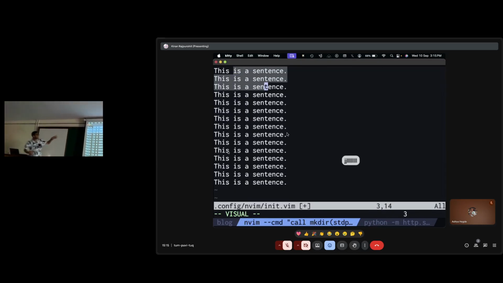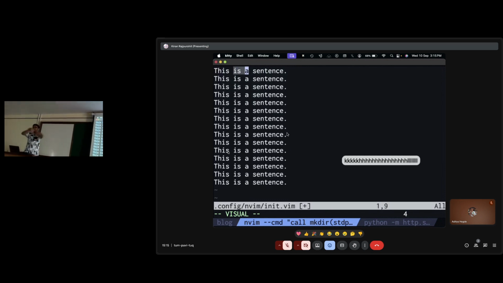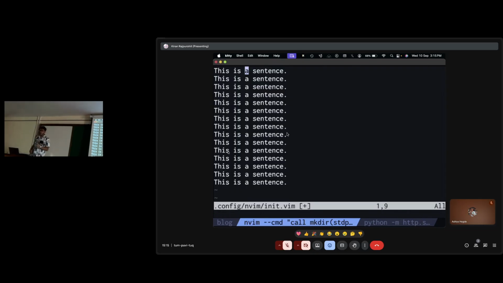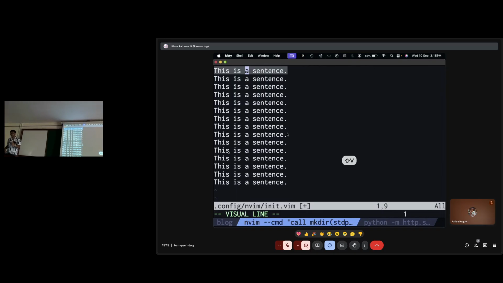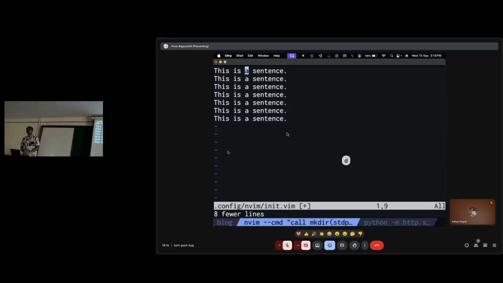You can't really select the whole line. So there's also a mode called visual line, where you press capital V. You select the entire line. Make sense? And then you press j, you go down, and that's a selection.